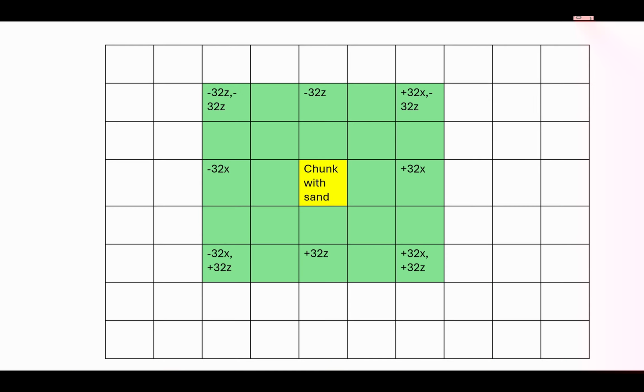So to show what I mean, I've created this very simple diagram. Essentially all of these squares are chunks, and in the center you have the chunk with the sand block that's checking whether it needs to instant fall or not, and it does that by checking if the 5 by 5 area centered on itself is loaded,